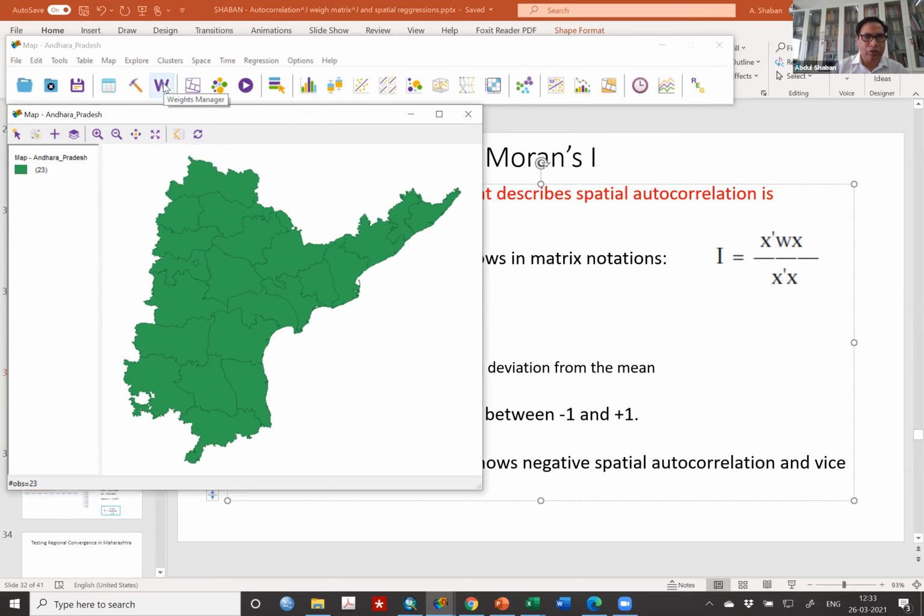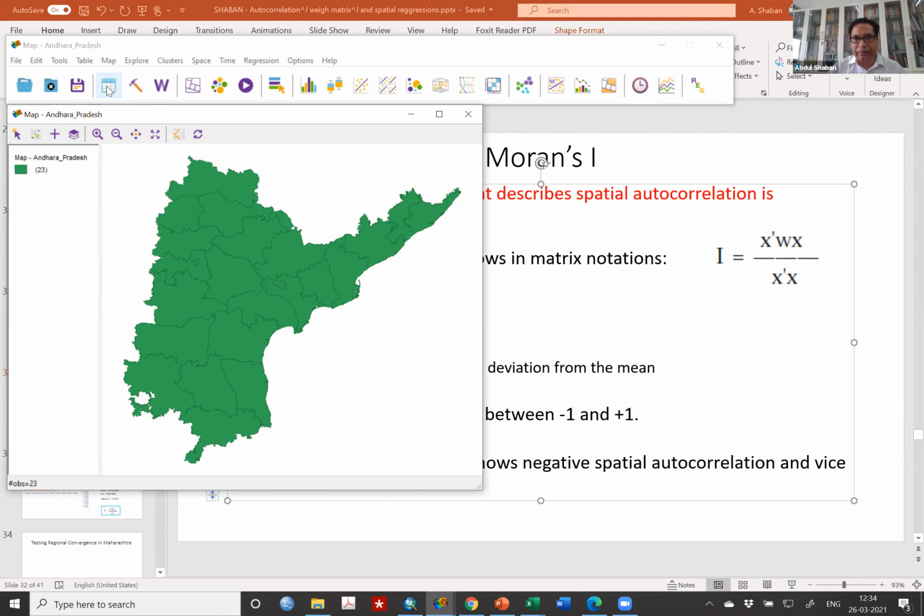Now from here I will go to W. W basically is a spatial weight matrix calculation. First, W will demand one ID variable, on the basis of which the spatial weight will be calculated. And this ID variable needs to be a unique variable, in the sense that the same value is not repeated for another observation. For example, if X is given one value, Y does not have the same one. So it is unique.